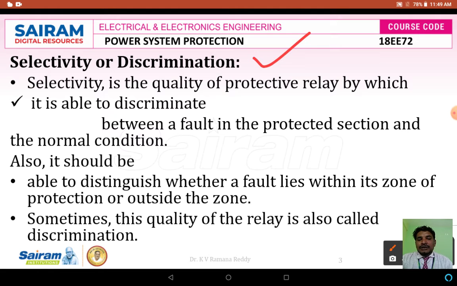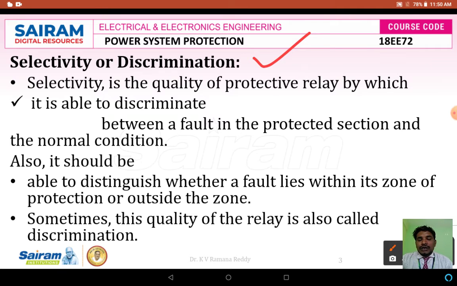That means the protective device has to identify the normal condition and the abnormal condition. It should be able to distinguish whether the fault lies within its zone of protection or outside of the zone, because